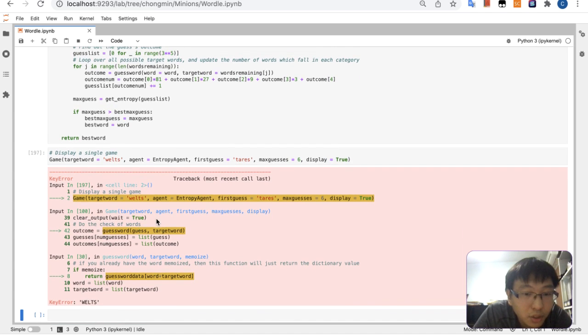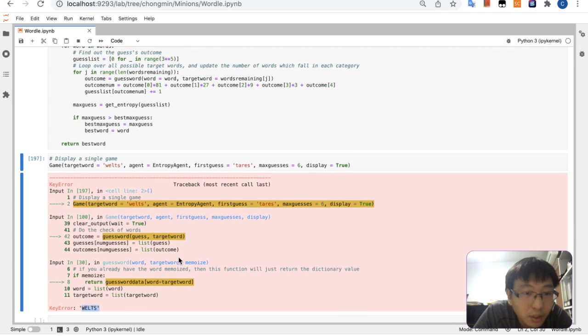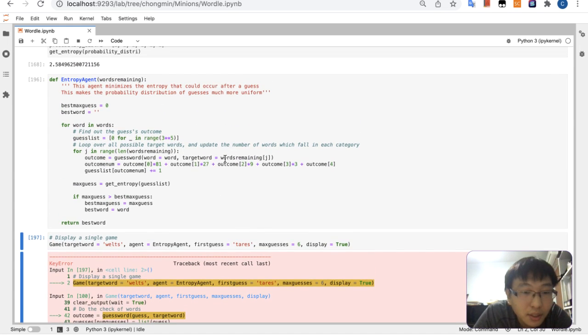I don't get the issue here. So there's a key error welts. Okay, it means that the target word is